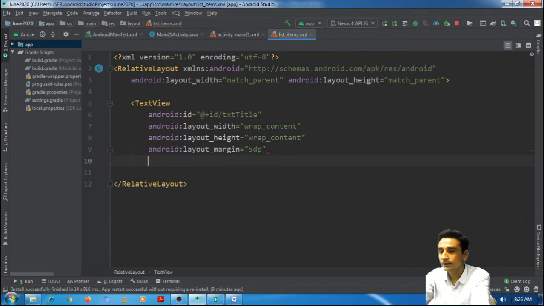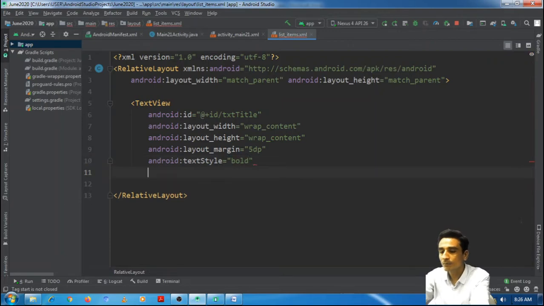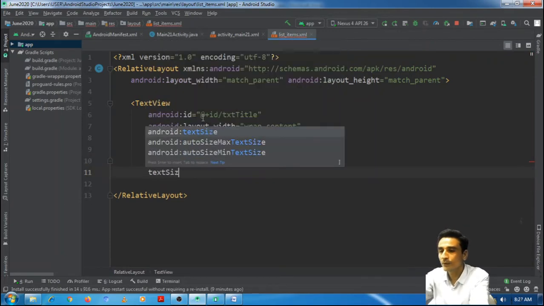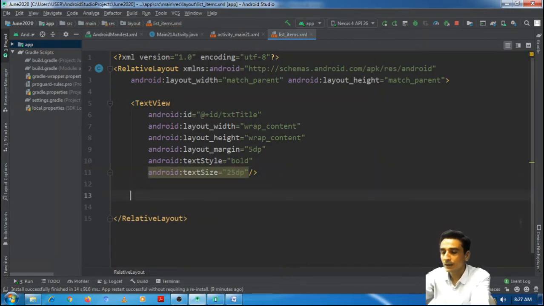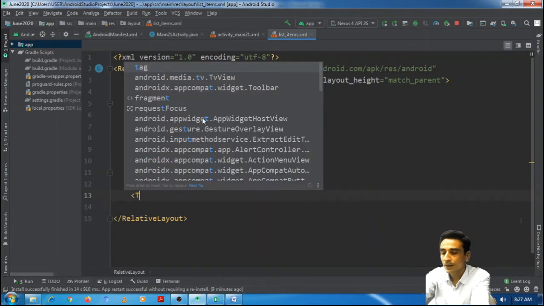Then text style, we are instructed to apply the bold style, and we are also informed to set the size as large.